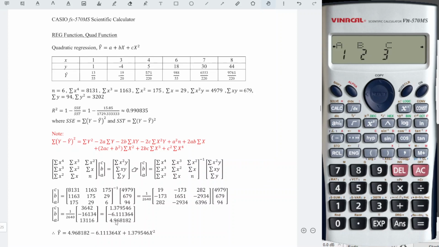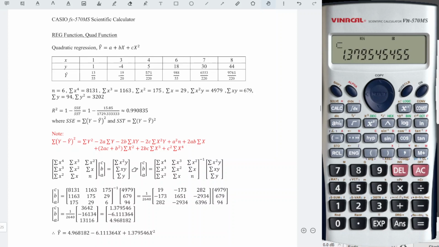If we want A, we press 1 and press equal, then we will obtain the correct value. Shift 2 again, we have B and press 2, equal. Shift 2 again, right until we see C, number 3, and we press equal. After obtaining all the values of A, B, C, we just build our model.